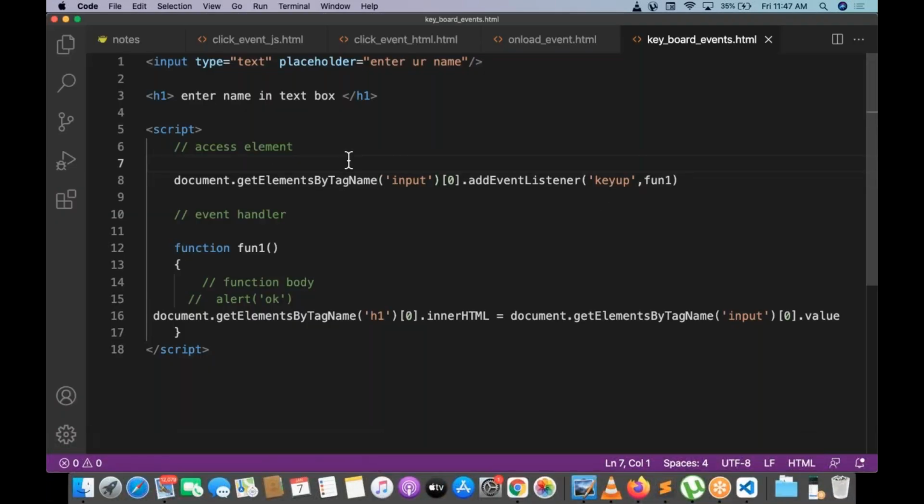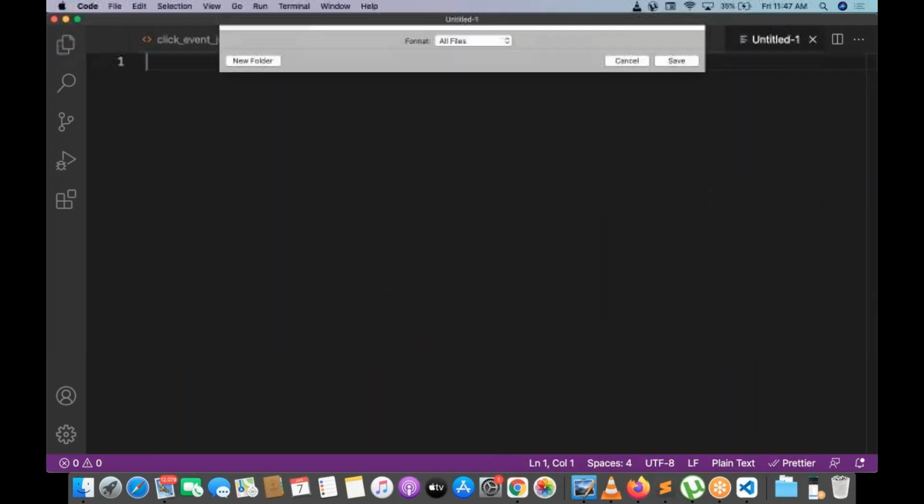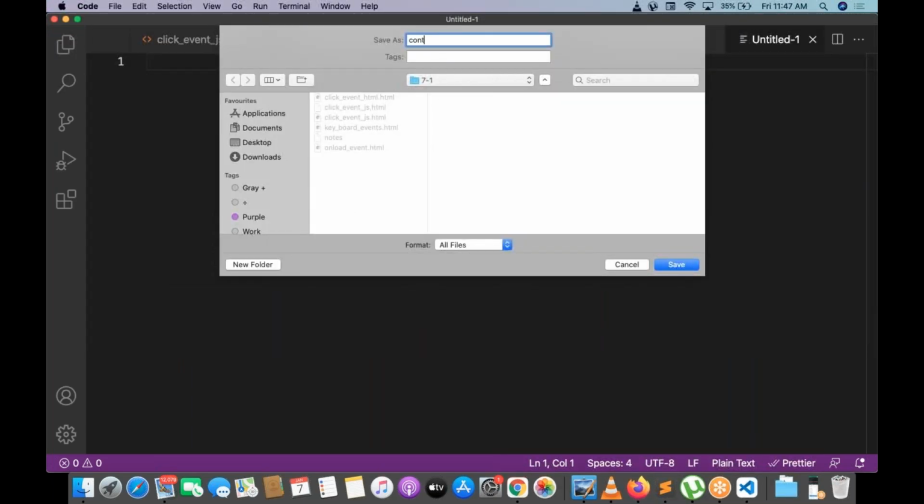So this is the concept of events, and there are some other events also. That is the cut, copy, paste events. One is the cut event, one is the copy event, one is the paste event, and one more event is the context event. Okay, so let me write with the context event now. I will write one program for the context, and you try with cut, copy, paste also.